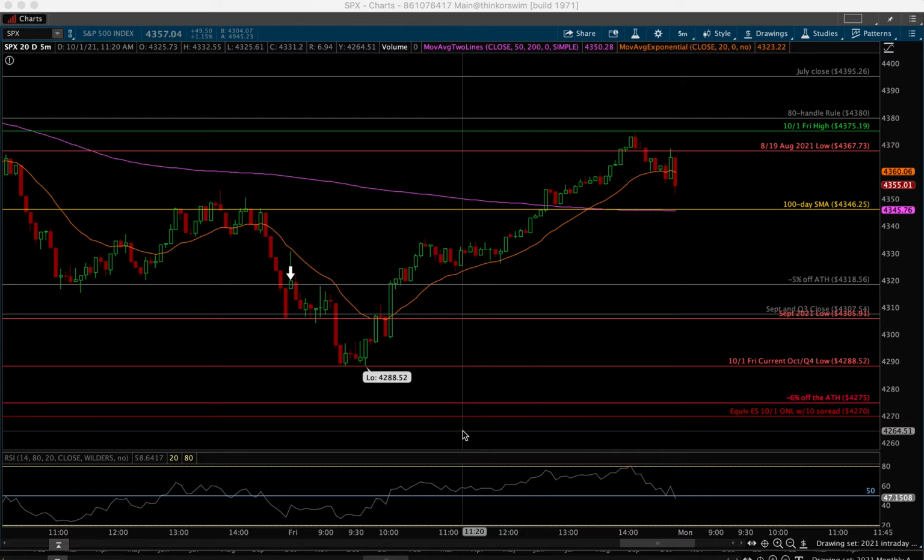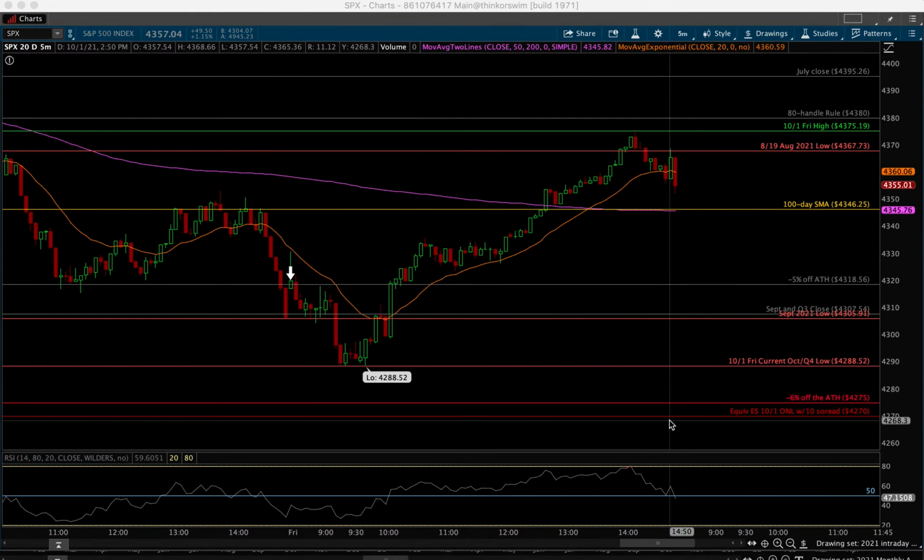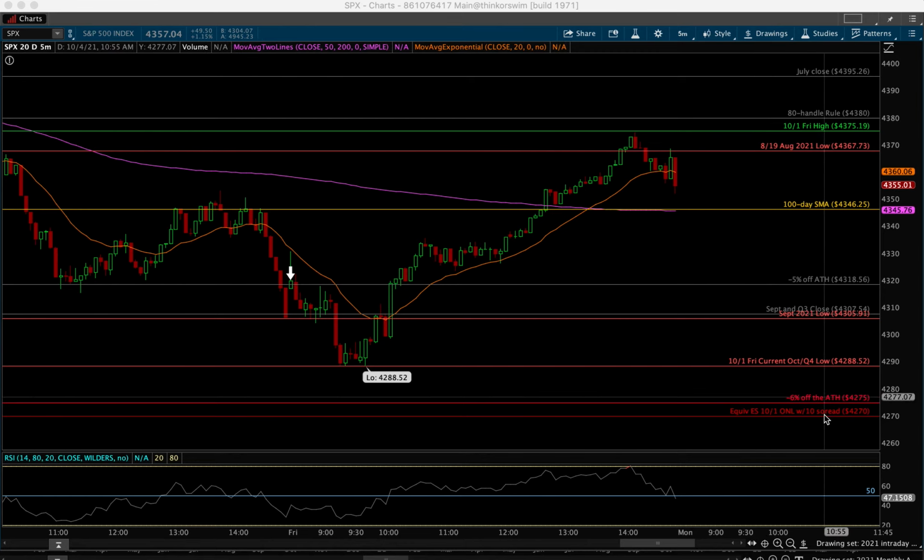Can't have futures setting a new low, like a new monthly and quarterly low, and not expect the parent S&P 500 to come back and resolve that in regular trading hours. So I do believe this level will print in the light of day. It just depends, is it going to happen this week, or is it going to be something that happens after we've had our Q4 rally and we wind up selling off to end the year and come down here? I don't know. But keep that in mind.